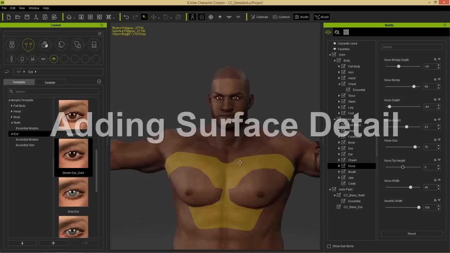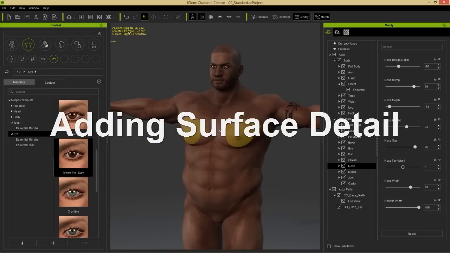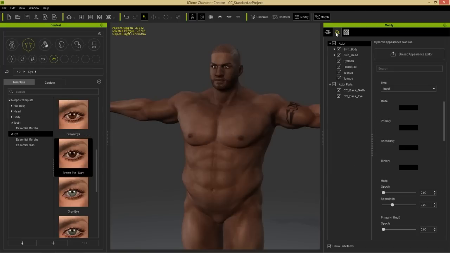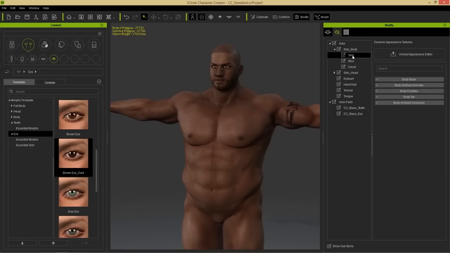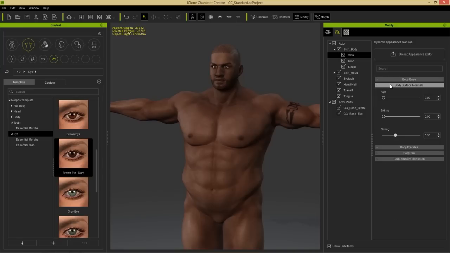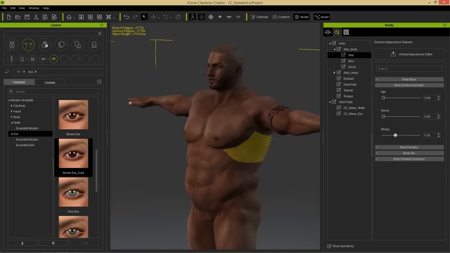Now let's take a look at how we can add some surface detail to this character by using our normal maps. Now to do that, let's go over here to our appearance editor. And what I want to do is click on my character's skin body. And let's go down into the skin body and select the skin item right there. Now we have a section here called body surface normals. Now if I select body surface normals, I have 3 sliders, one for age, you can see the result there. One for skinny, that really